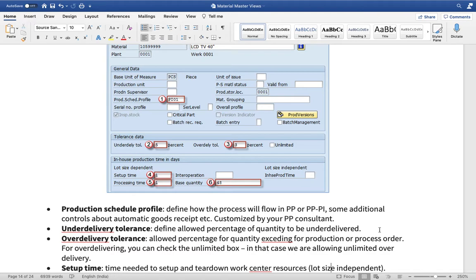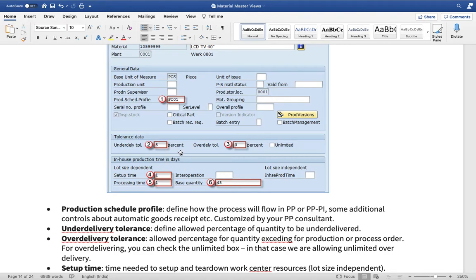Now when it is 1 ton, it's not necessary that it will always come as exactly 1000 kg. It can be 1005 kg, it can be 995 kg. If it is 1005 kg, then over delivery tolerance comes in, meaning you will allow 5% more. If it is 5% less, then under delivery tolerance will come into the picture. So those things will come.